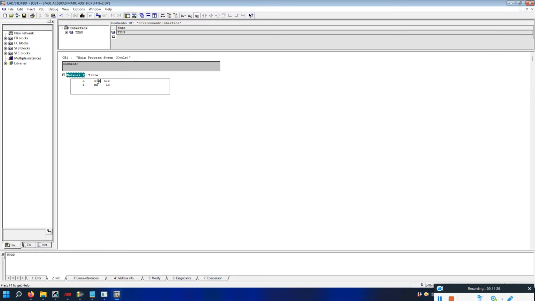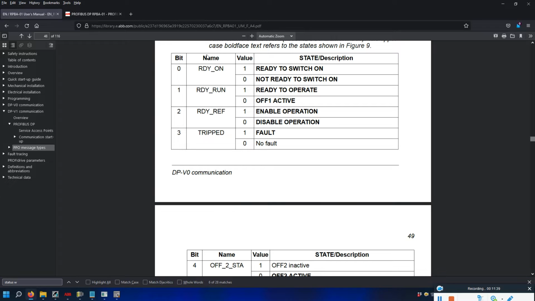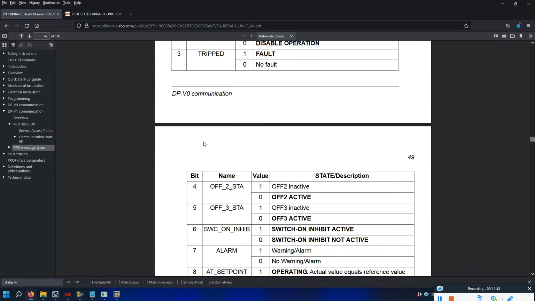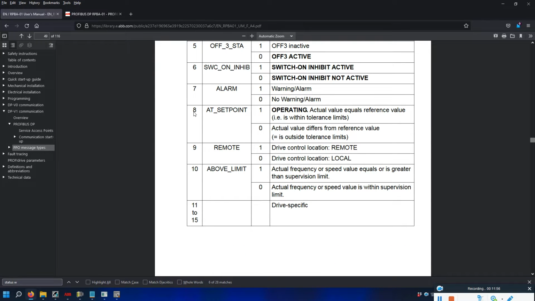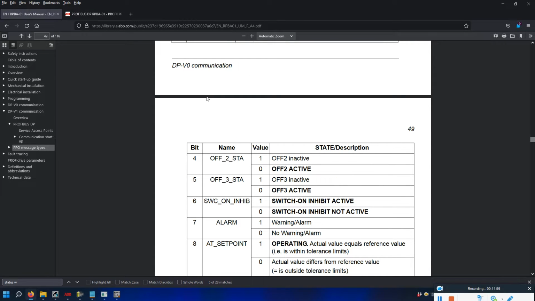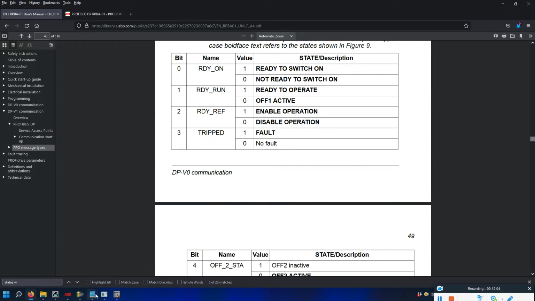Okay, so we moved the status word to a memory variable that is MW50. So why I did this is because, as I said, it is a 16-bit word, first 8 bit and second 8 bit. So always you need to remember whenever there is a transfer from drive to PLC or PLC to drive, there is always a byte swap. So the second 8 bits will come as the first 8 bit to the PLC and the first 8 bit will come as the second 8 bit to the PLC, which means